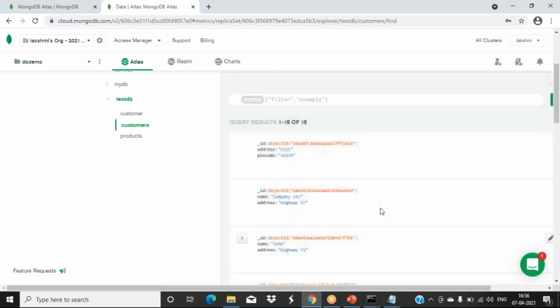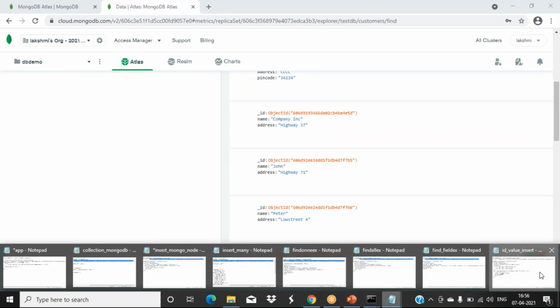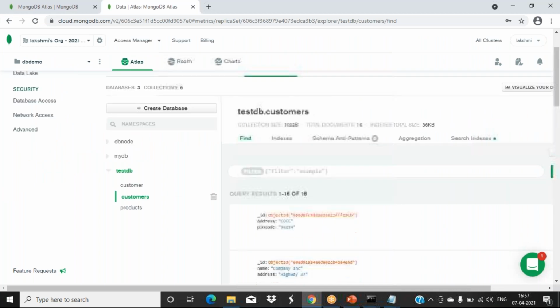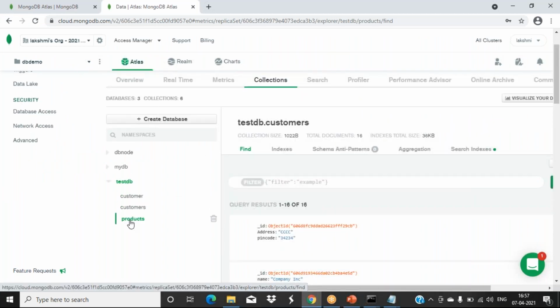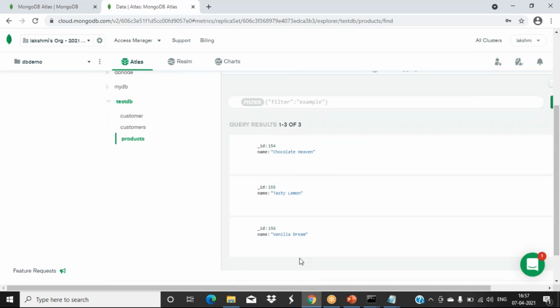So that will be created there. Okay, then I have to see which one I have created. Okay, that is in products only, not customers. So you can see here, we have a product one table also created. There it got added. Okay, fine. So this is how to generate that ID value through your program, or else it is generating default.